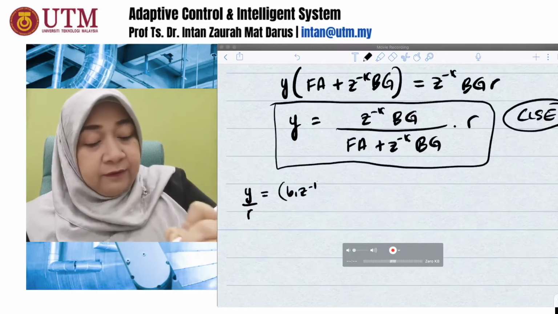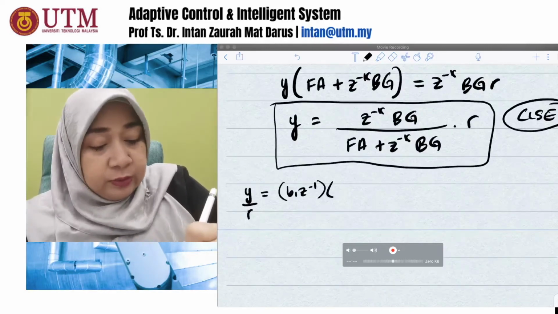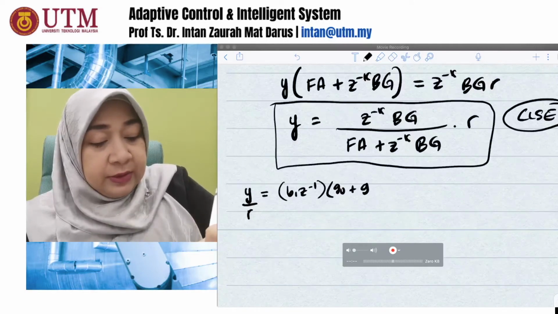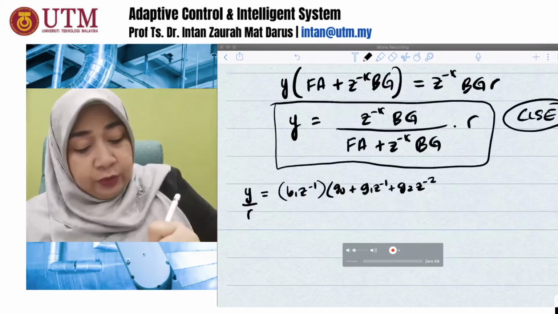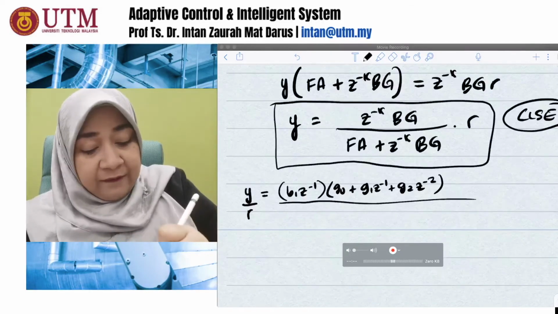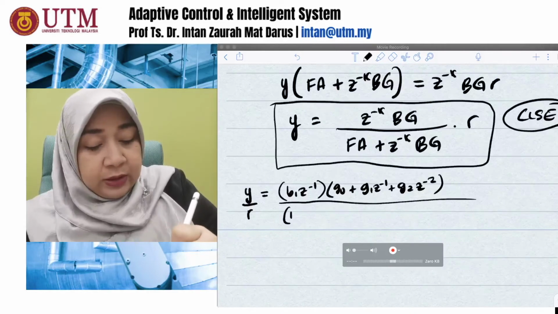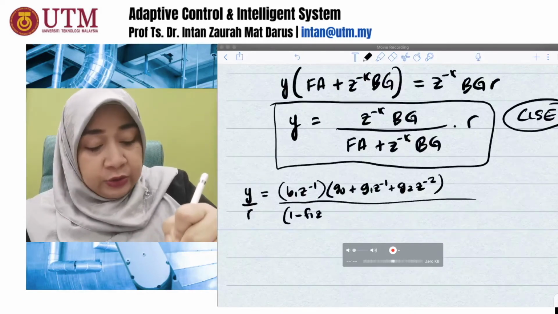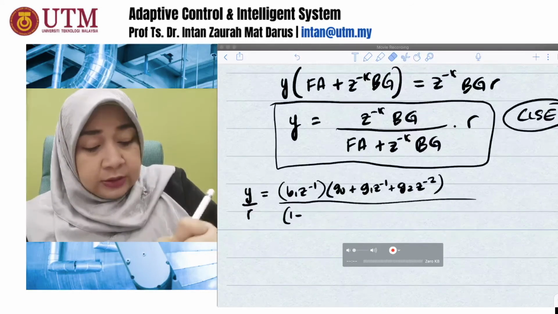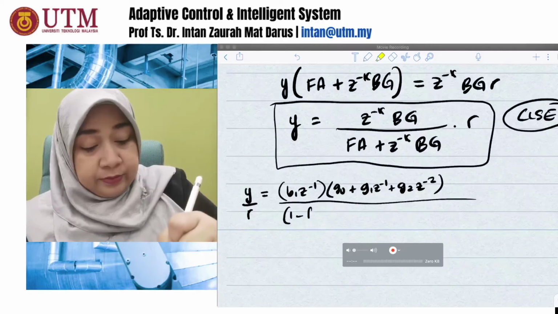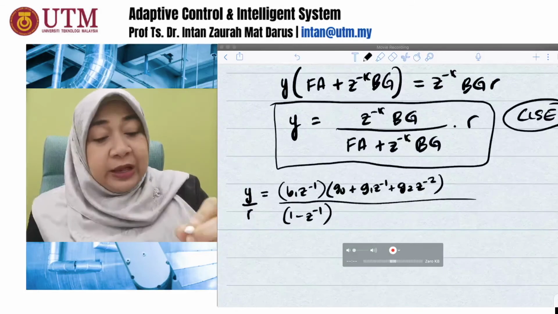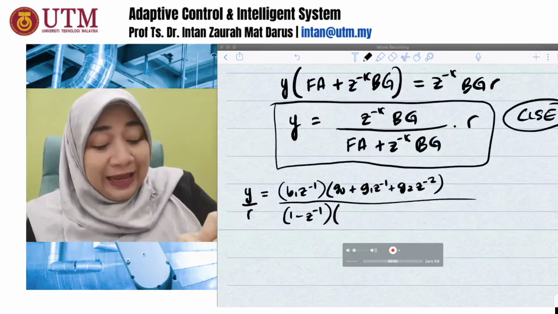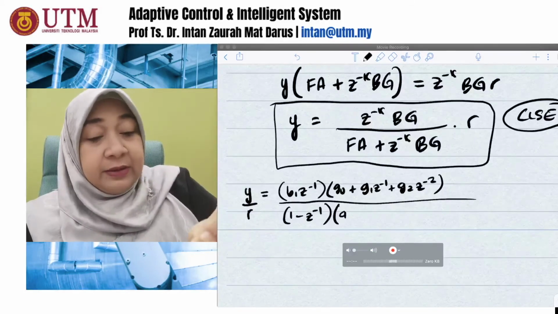Okay, and then for your G, it's g0 plus g1 z^-1 plus g2 z^-2. Okay, that's for your B. And then divide by your F, you're going to have 1 minus f1 z. No, you don't have f1, just straight away have 1 minus z^-1. Okay, that's for your polynomial F, multiplied by your polynomial A, which is a1 z^-1